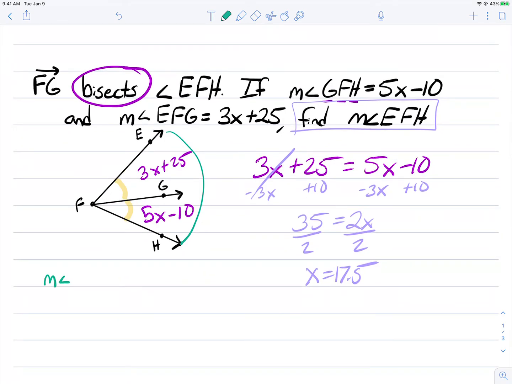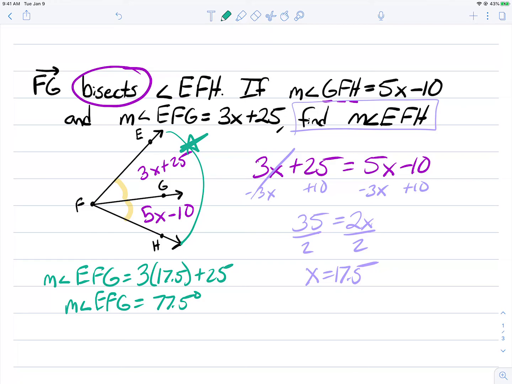So the measure of angle EFG, which is this top one right here, I'm going to go 3x, I know what x is now, 17.5, plus 25. So 17.5 times 3 is 52.5, plus 25 gets us an angle measurement of 77.5 degrees. Now that means that this one is 77.5 degrees. So if the other one is also 77.5 degrees, then the entire thing,